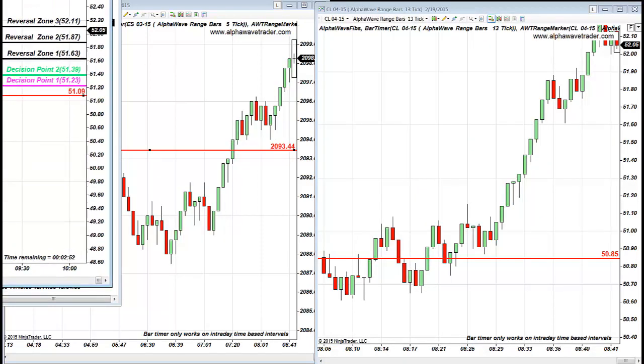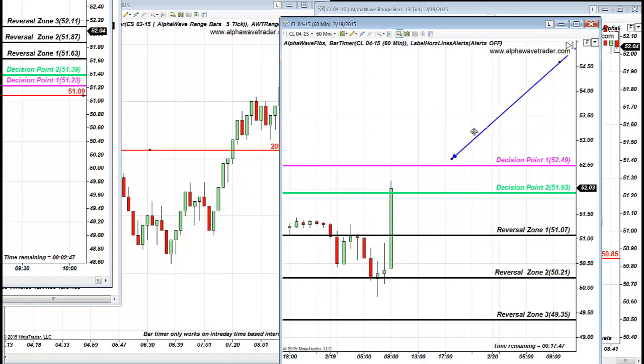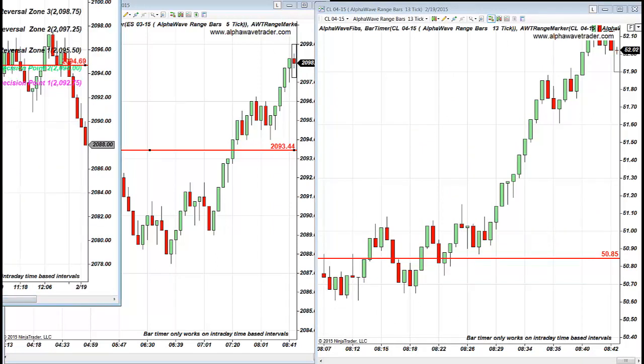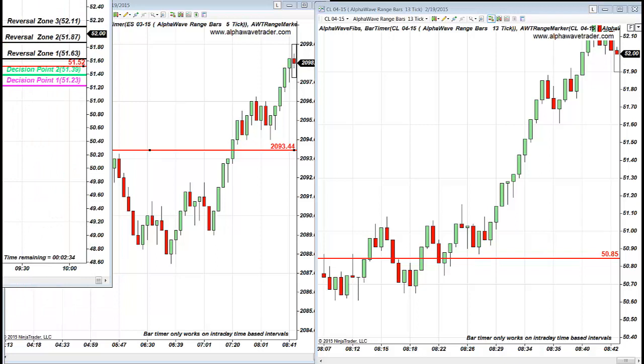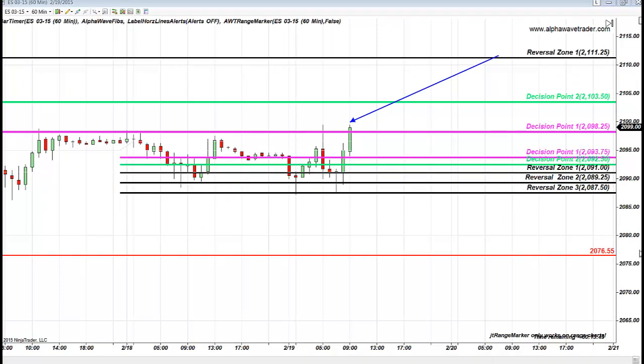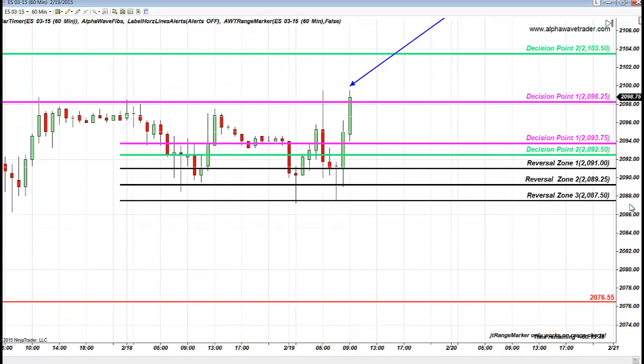Our trade on oil, reverse off, blasting through reversal zone 3. Remember, I said oil blasting through this level, it's heading to 52.49. Adjust your trail outside of reversal zone. S&P is 7 points later at reversal zone as well. Key moment. I would be floored and shocked if sellers will not step in on S&P. Witnessing playing out in front of you.